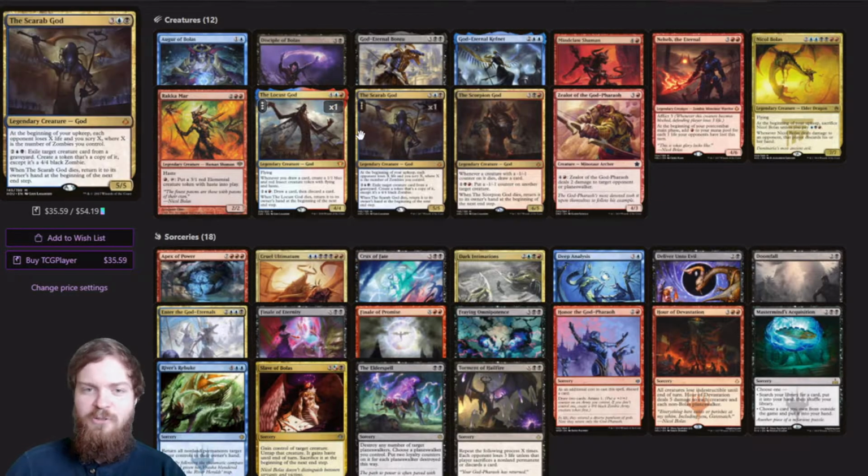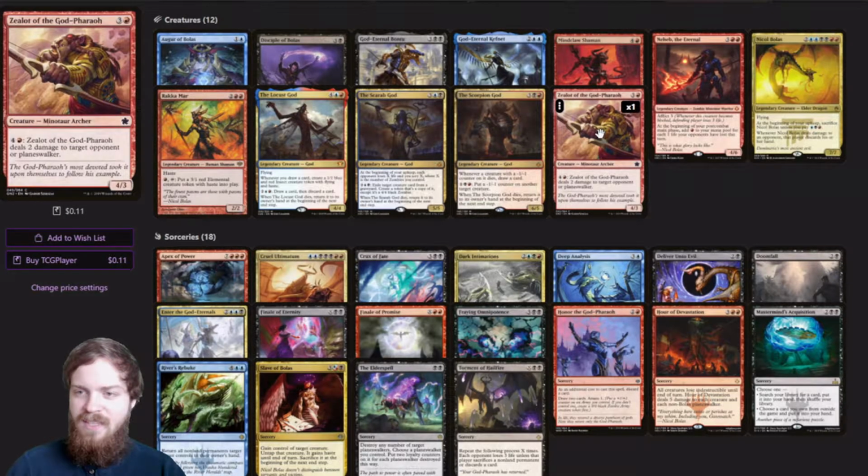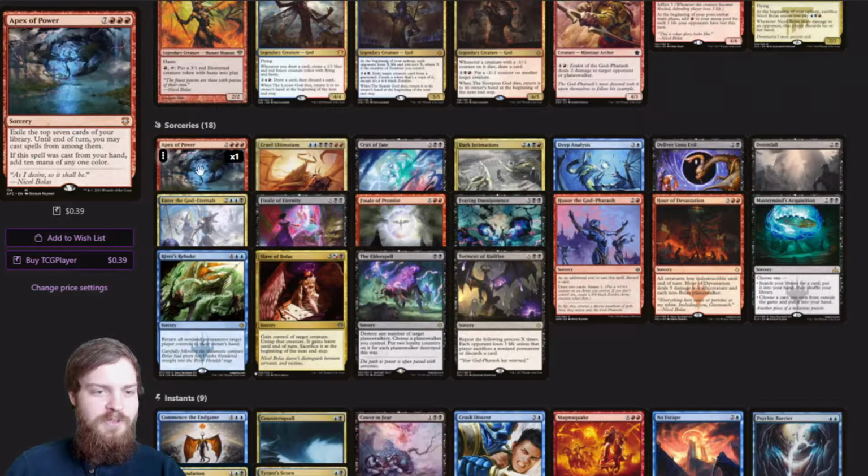Also, just pretty strong cards in their own right. And then the last creature we got is Zealot of the God-Pharaoh. It's just the mana outlet to deal damage to an opponent or a planeswalker, but it is definitely on theme with Nicol Bolas Tribal. Moving on to the sorceries, we've got Apex of Power, and this is on, I believe,